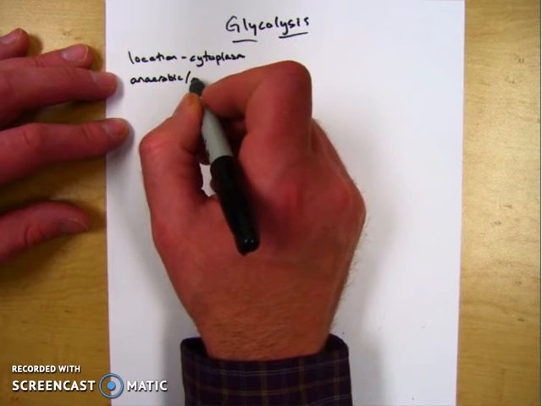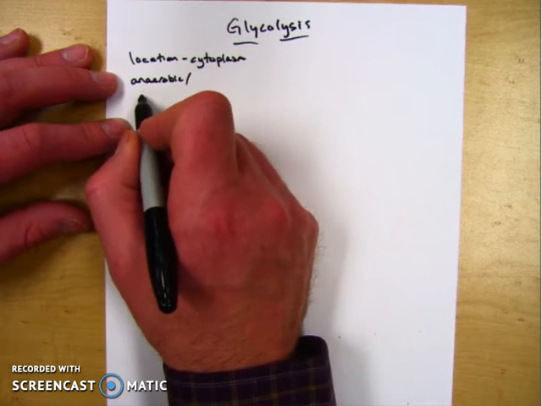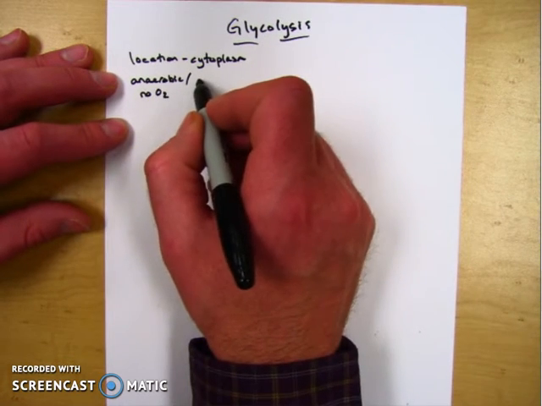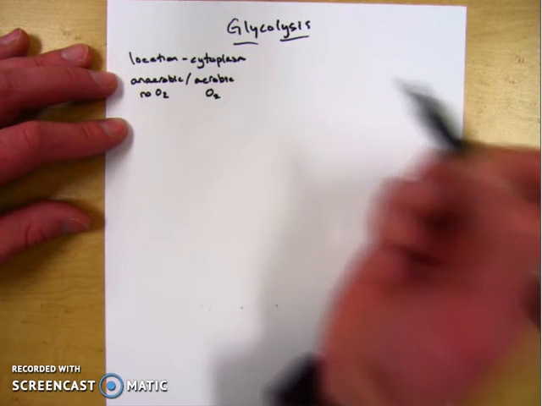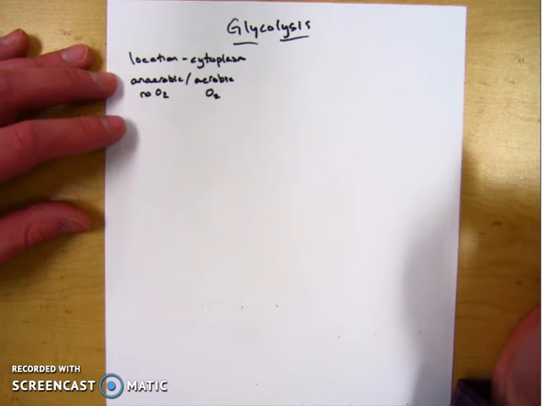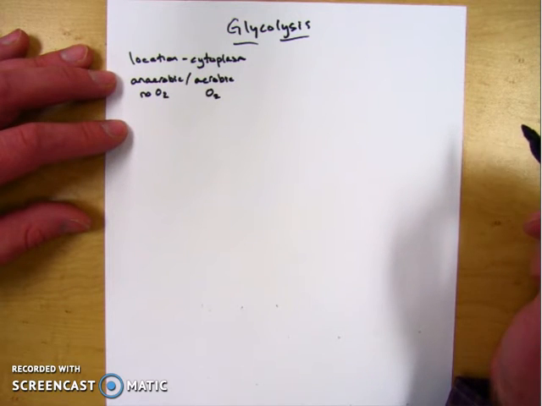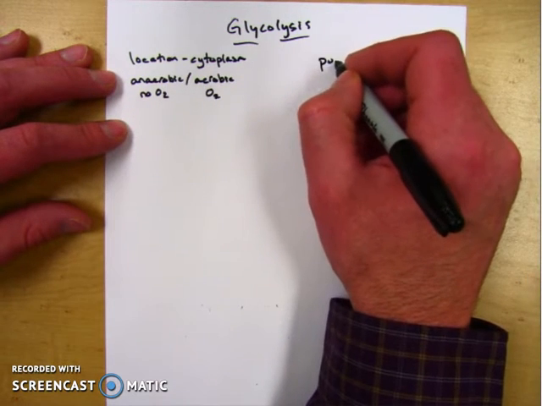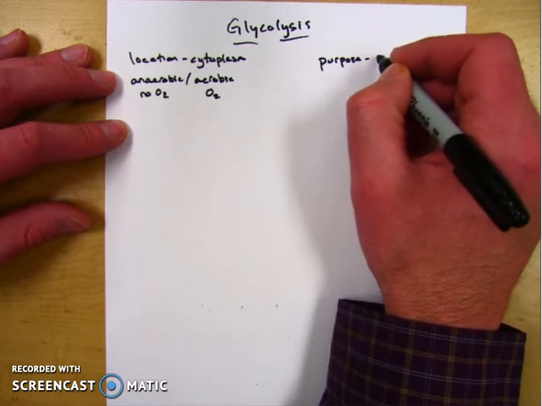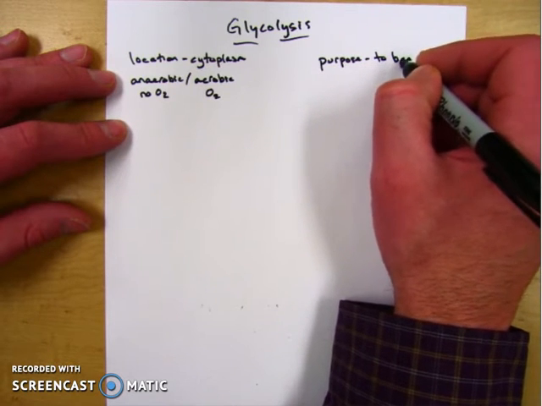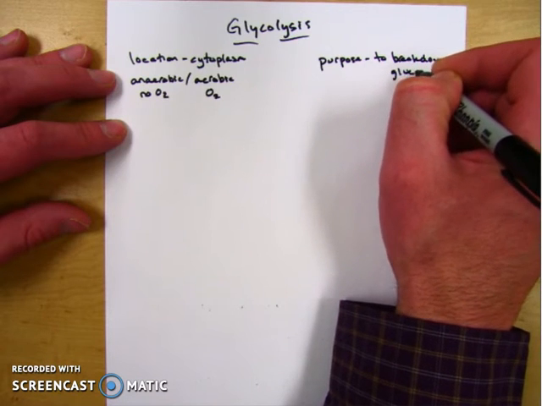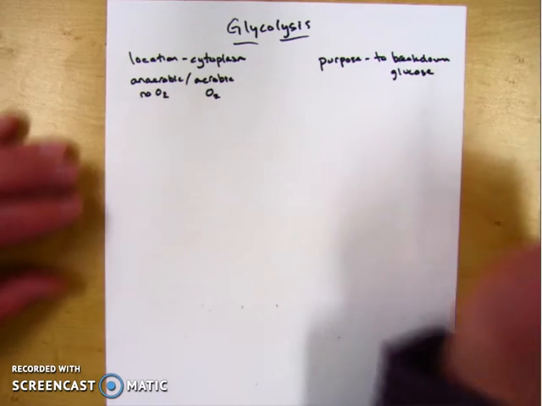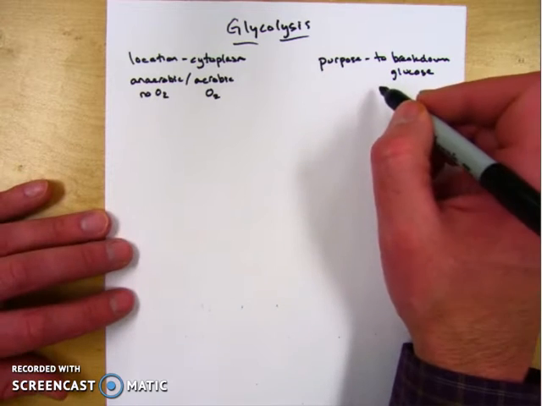So that means it can take place in conditions where there is no oxygen present or where there is oxygen present. Glycolysis will occur. The purpose of glycolysis is to break down glucose into a smaller molecule called pyruvate,